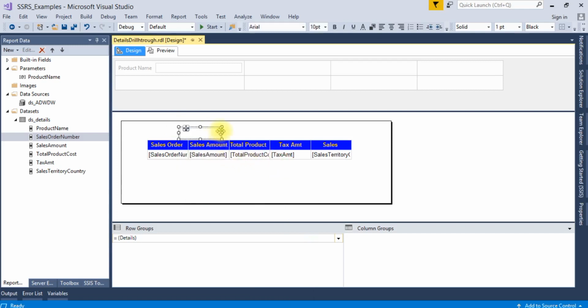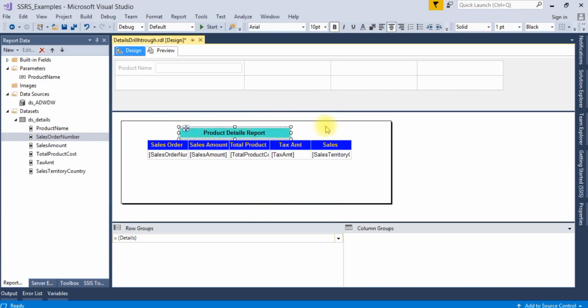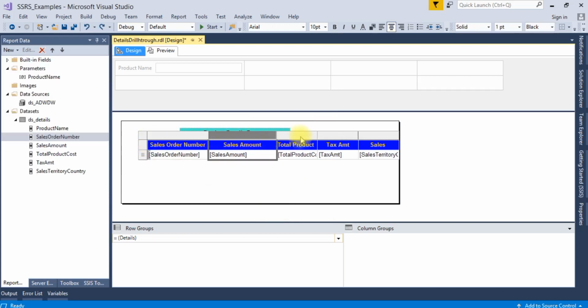We'll add a text box here with a name something like product details. We'll give some color here, and expand the column names a little bit.